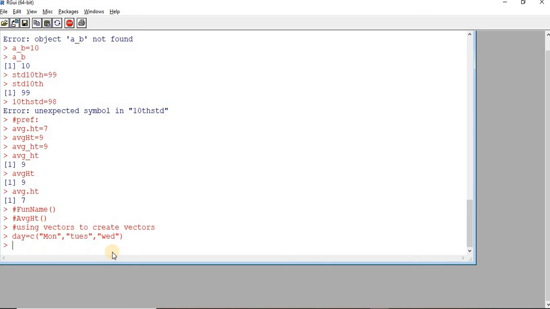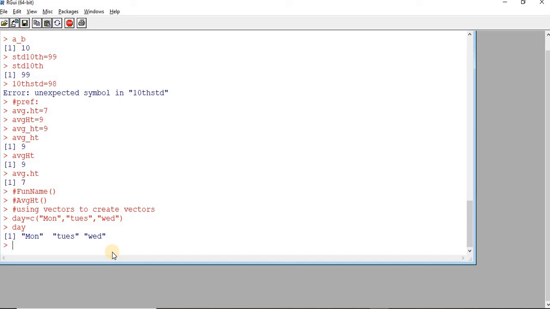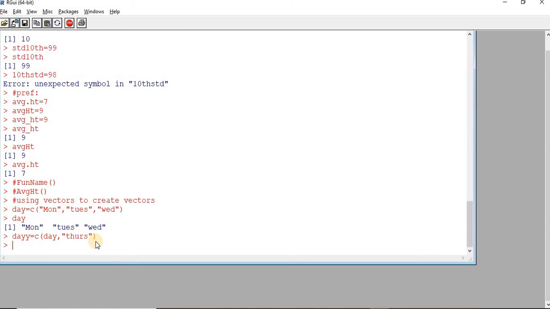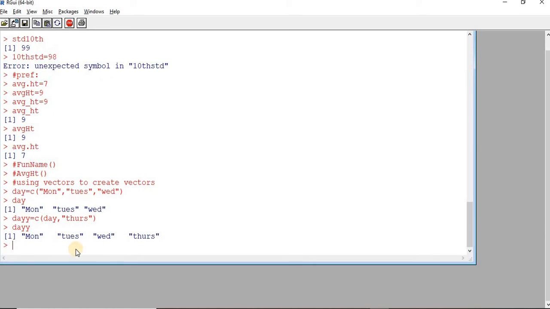Right now you can say day has 3 values. Okay, let me create another day where I'm using the already created vector day, and then any other new item that you want to add. So this is an example for using a vector to create another vector.